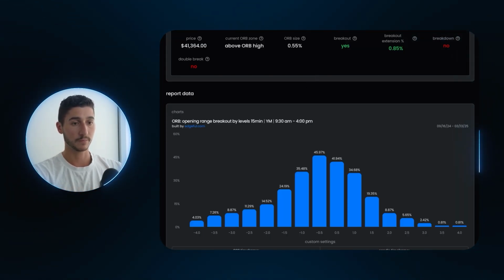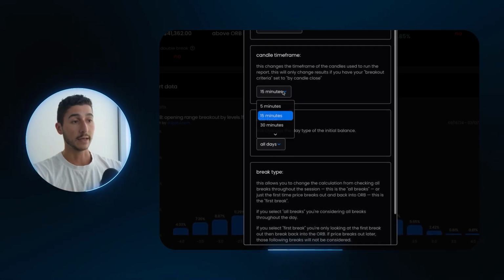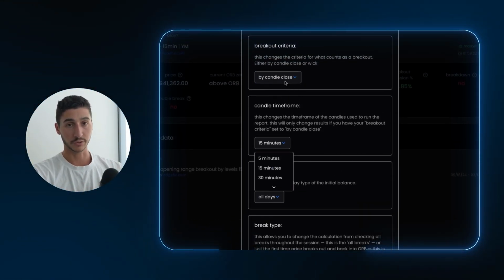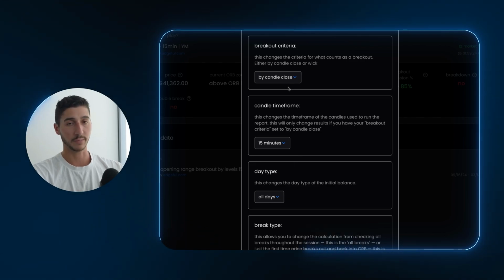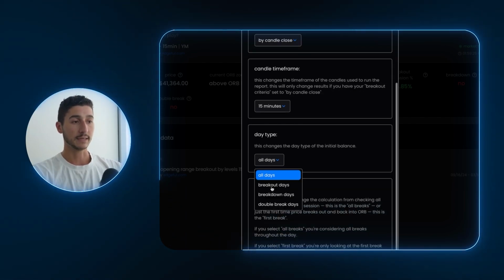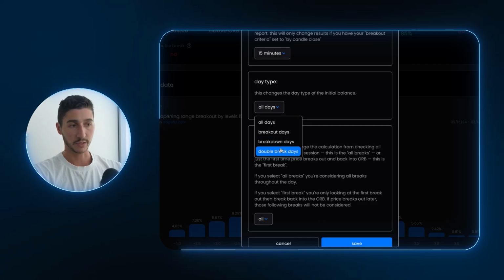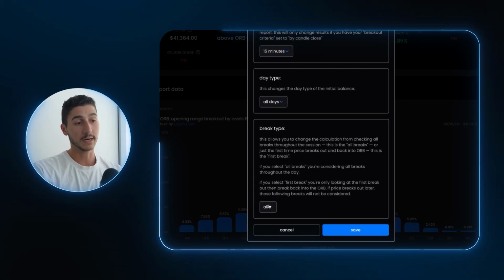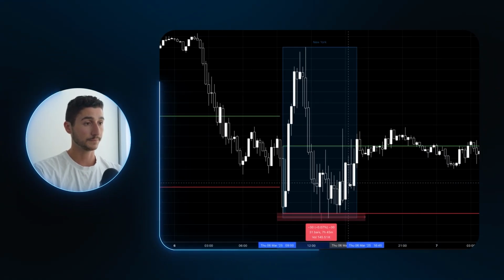So that's really important. Now, candle time frame is the actual candle time frame that is used to set the candle closures. If you have by wick selected, it doesn't matter. And then the day type, obviously, is breakout days, breakdown days, double break days, whatever. And then here is the break type. So this is actually, funny enough,